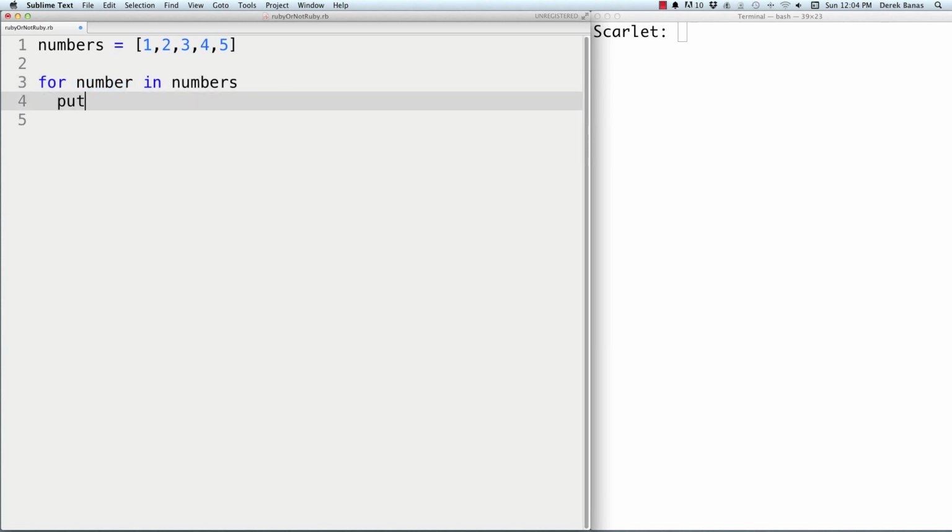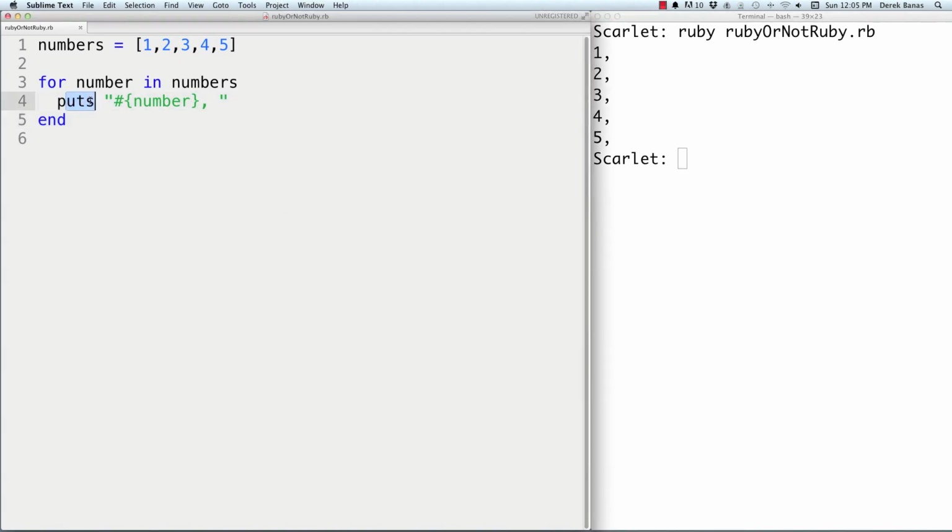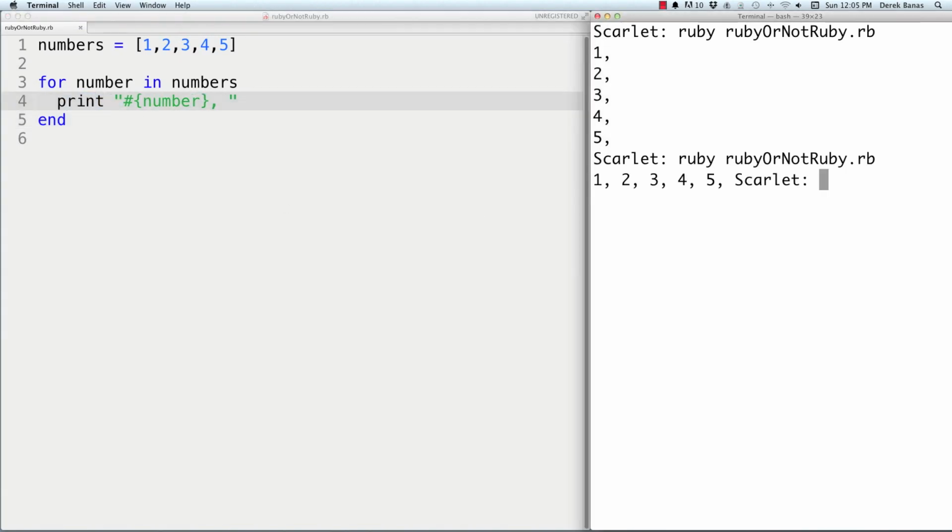We could then output them by going puts, and if you want to have the value of a variable show up inside of a string, you put the hash symbol right like that, and we could go number like this. We could also throw a comma inside of there and a space if we'd like, and this also ends with end, and there you can see it cycles through all those and puts commas there on the screen. We could also come in here and go print like this, and that time you can see that there is